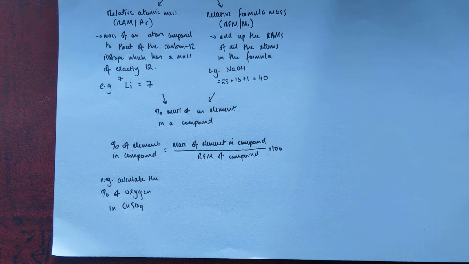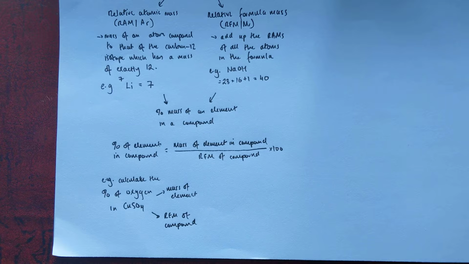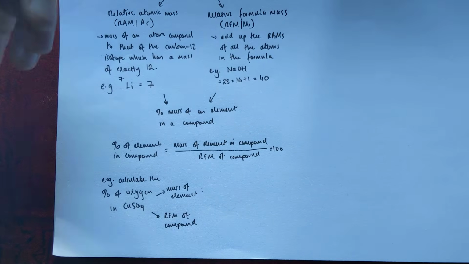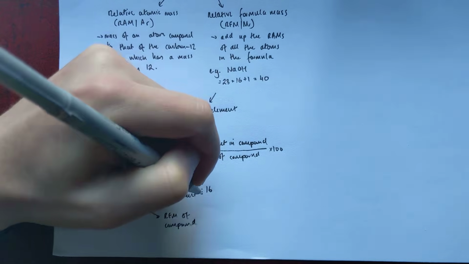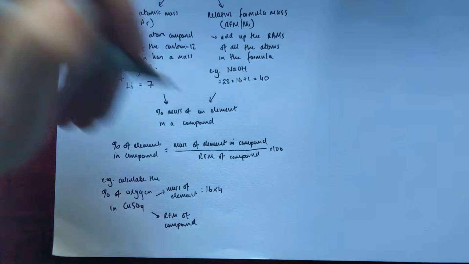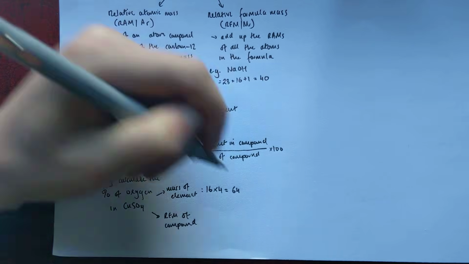We need the mass of the element and also the RFM of the compound. Now the element in question is obviously oxygen, but we have to be careful here. There are 4 oxygens in the formula of copper sulfate. So therefore there's 4 oxygen atoms contributing to the mass of oxygen, so we need to times it together. So the mass of one oxygen, its RAM, is just 16 off its mass number in the periodic table. There's 4 of them, which gives you 16 times 4, which gives you 64